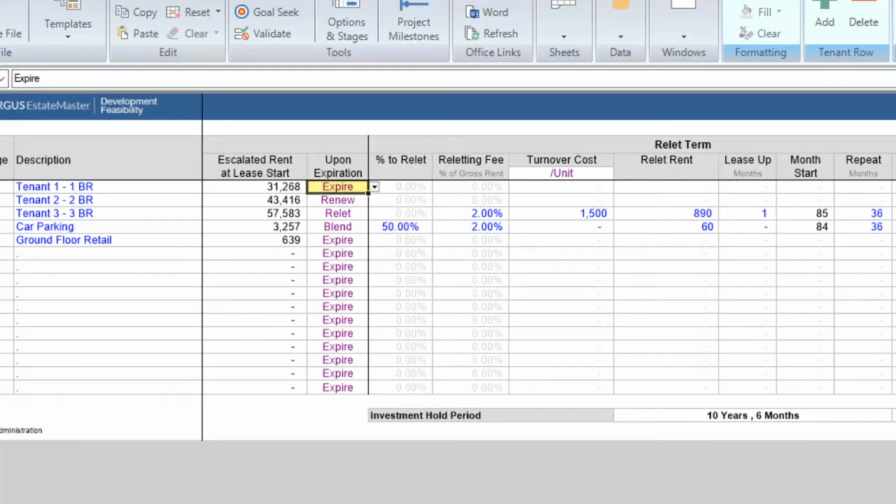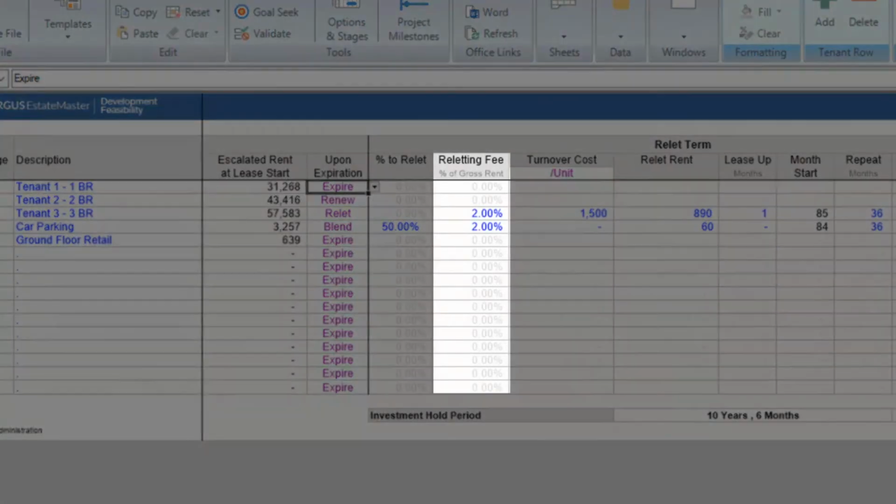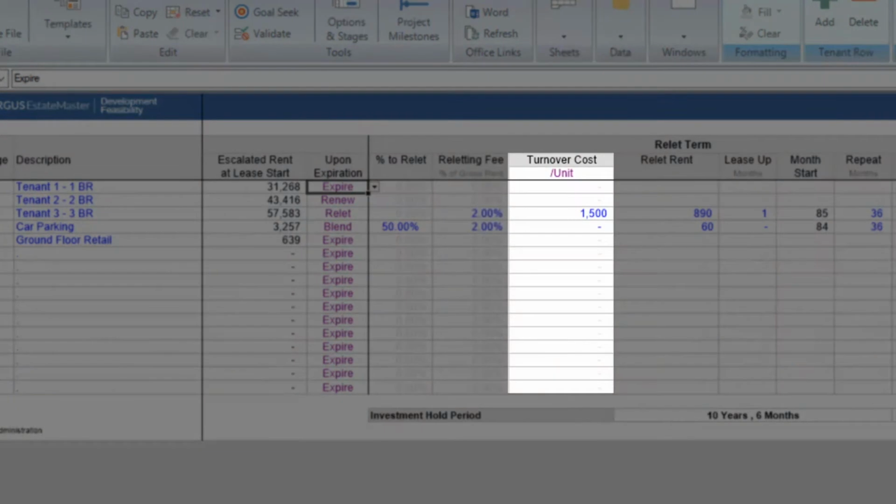It can be set to renew, where the tenancy continues at the current rental rate, with an additional renewal fee payable by the owner. This income stream continues until the end of the nominated hold period. It can also be set to relet, where it is assumed that the initial lease has expired and is relet on new terms. When this option is selected, you can define a reletting fee, a turnover cost to get the